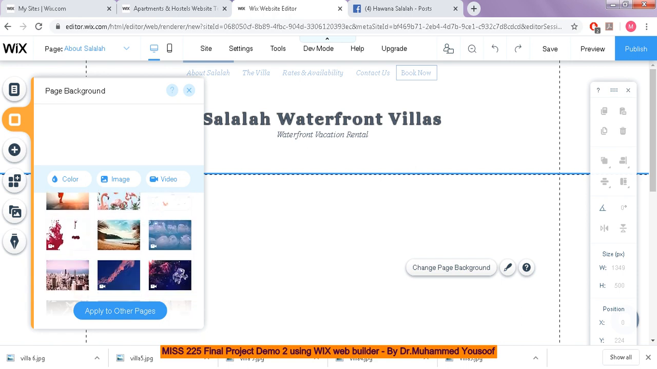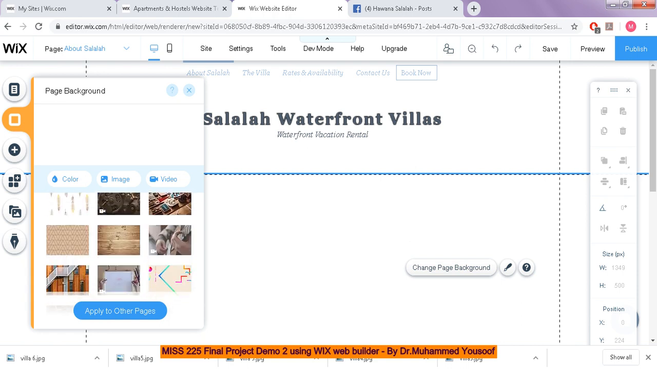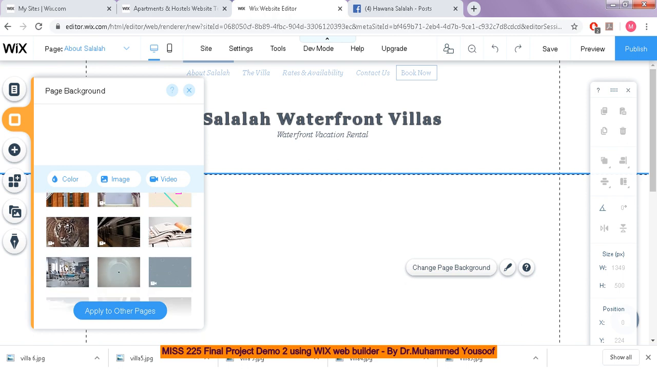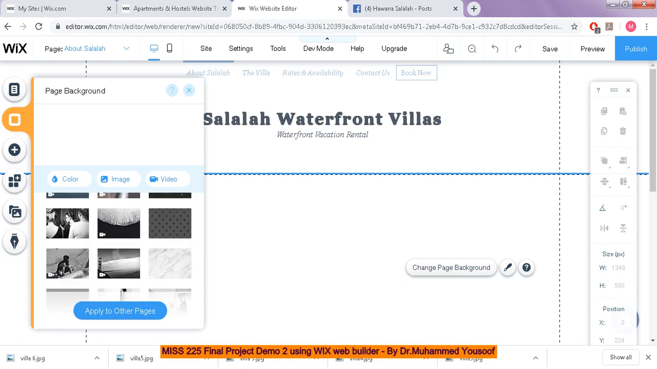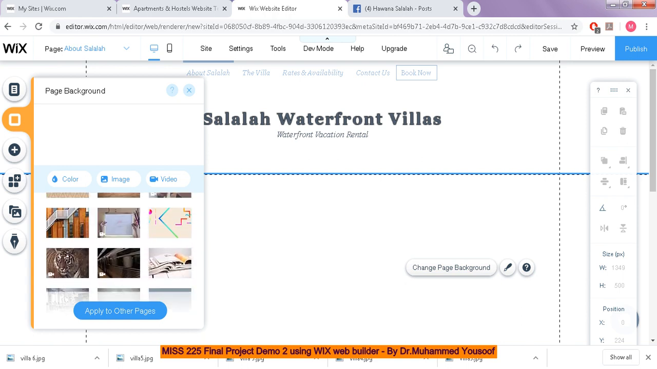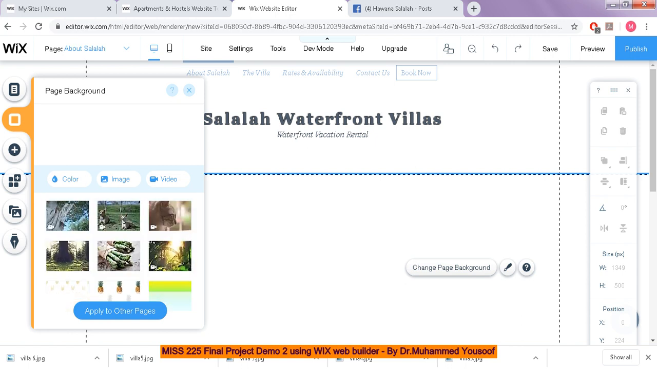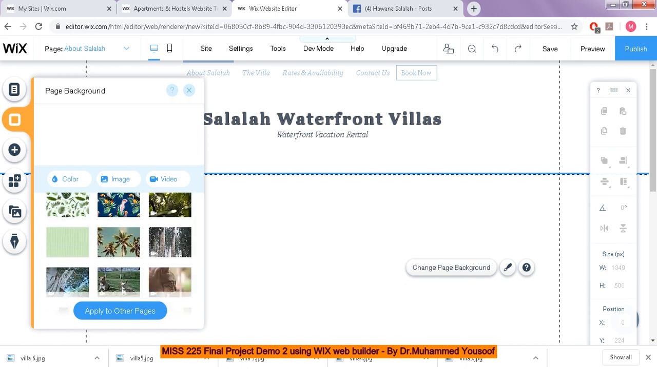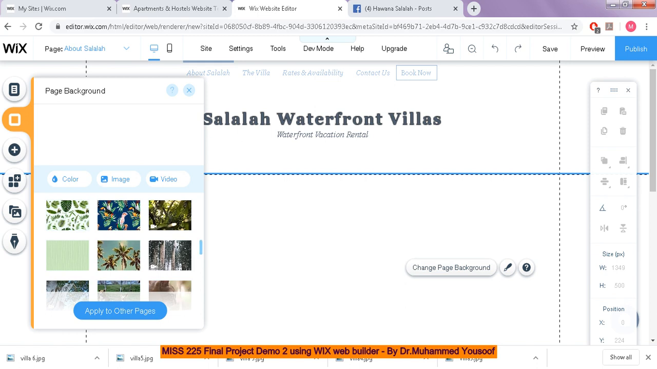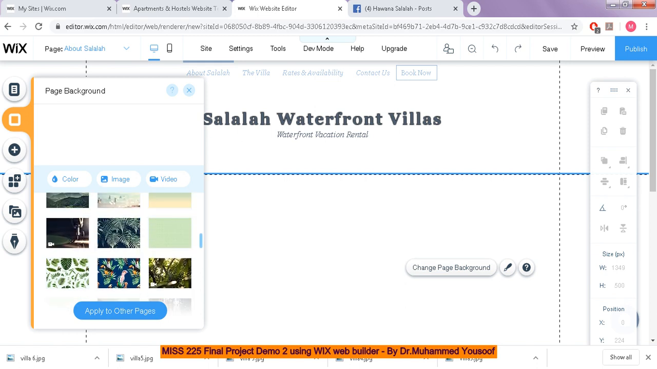Like for example, there are so many themes available. You can choose any theme which you feel will fit your purpose. Even you can have a video if you want, so that it will change. It is dynamic. Now for example, this is a picture. You can see this is a picture, this is a movie. I am looking for